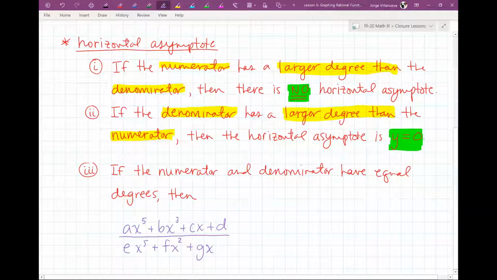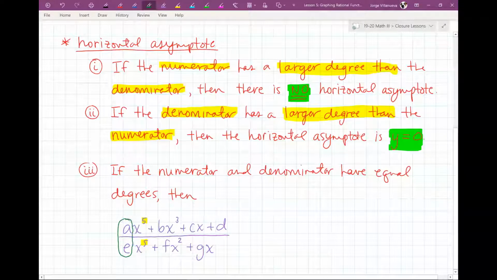Let's say that's our equation. So forget about all the letters. Just look at the variables x and their highest power. You're going to notice that they have the same power of 5, right? So if that's the case, then the horizontal asymptote is a divided by e, whatever those numbers happen to be,